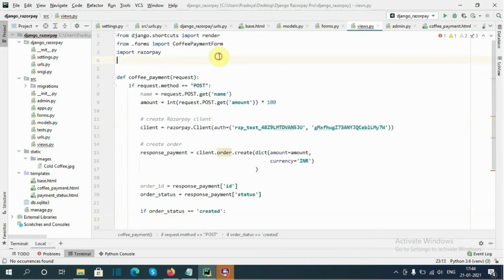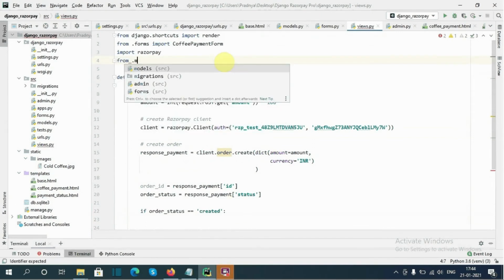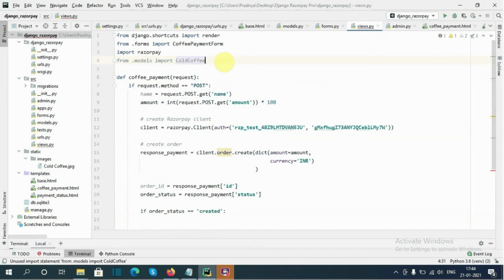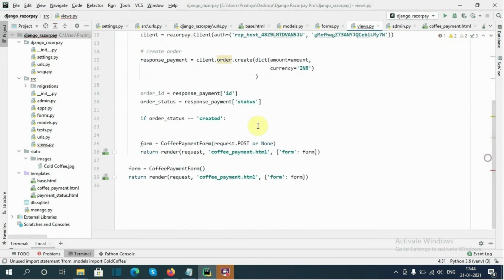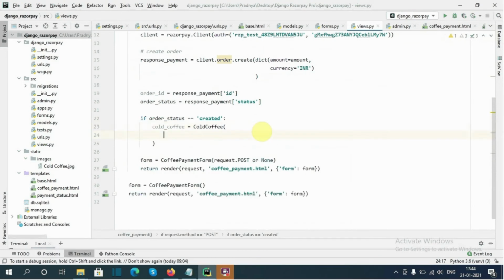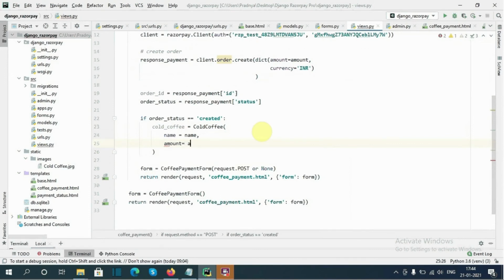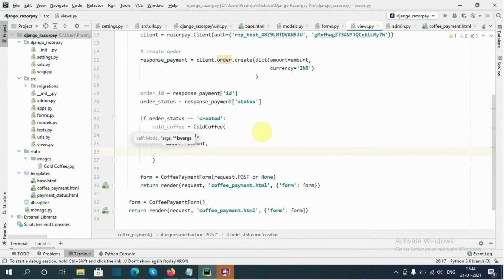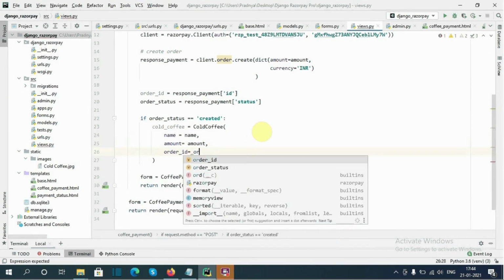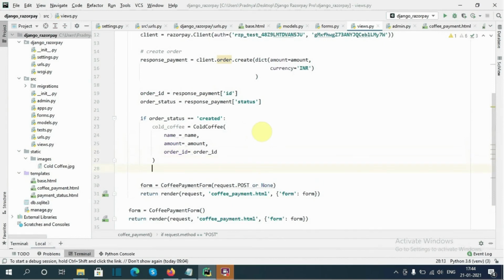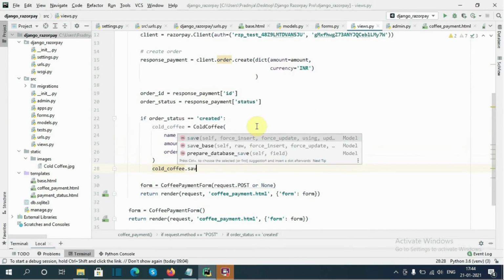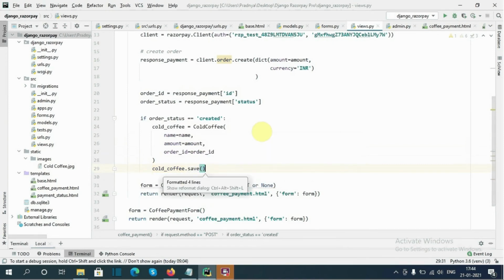So here I will import from models ColdCoffee. Then coffee equals ColdCoffee, in brackets I will pass the customer name equals name, amount equals amount, then order_id equals order_id. Then coffee.save.